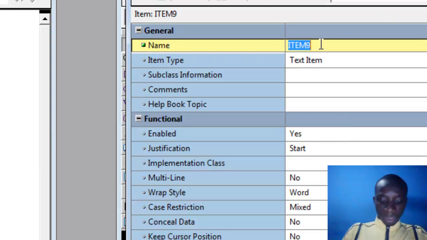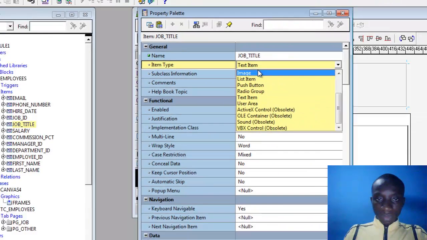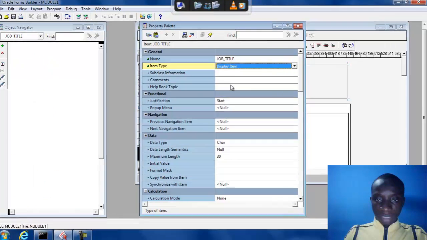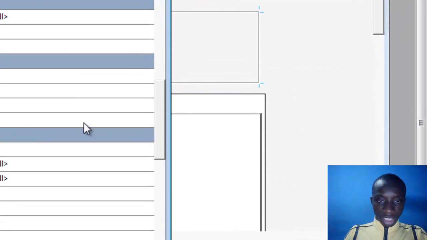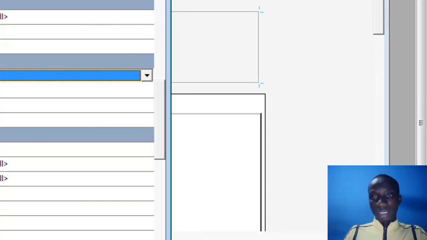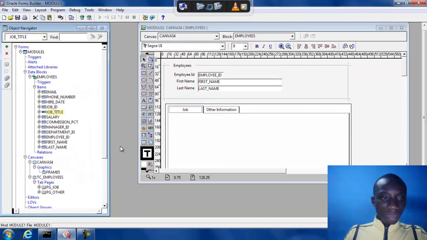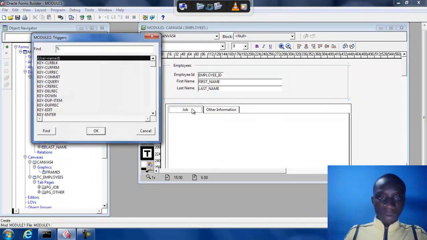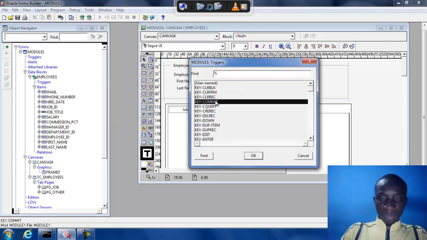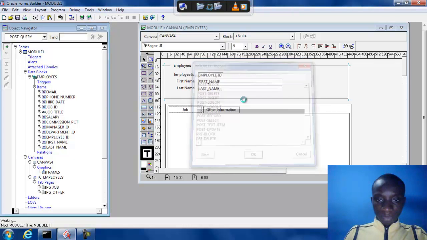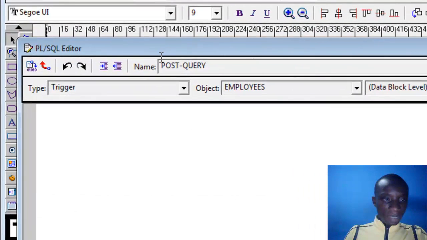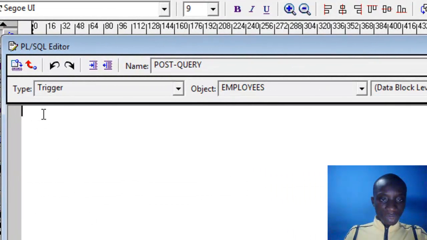Press F4 and name this item job title, and change the item type to display item, and then change the database item to none, which means it's not a database item. Okay, then we can create our post query. Post query to display the job title. So our post query is going to be